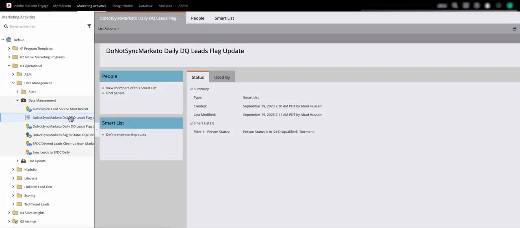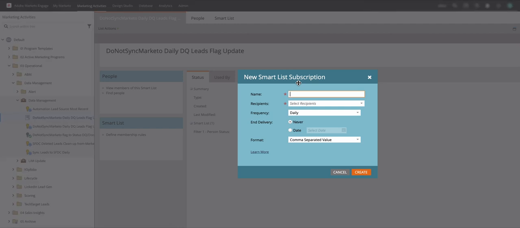Let's talk about smart list subscription. Here we have selected one smart list. Hover to the list actions, click on new smart list subscription, type the name of the subscription,